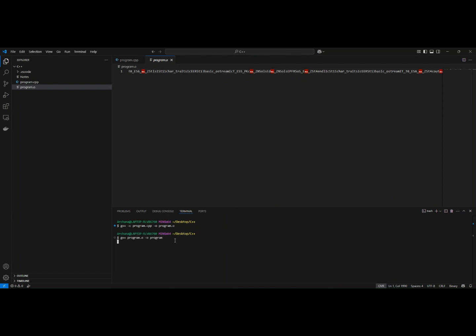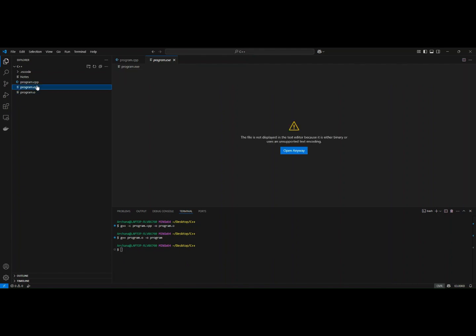If we paste that code in our terminal and hit enter, we have our final executable file, that is program, which we can run. Running the executable file is easy. Just type the command in our terminal ./program. Program is our file name. This will output: the value of PI is 3.14.